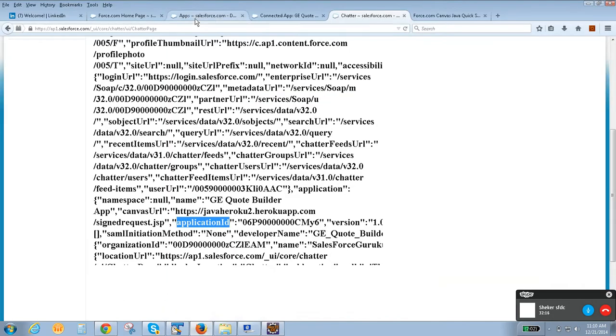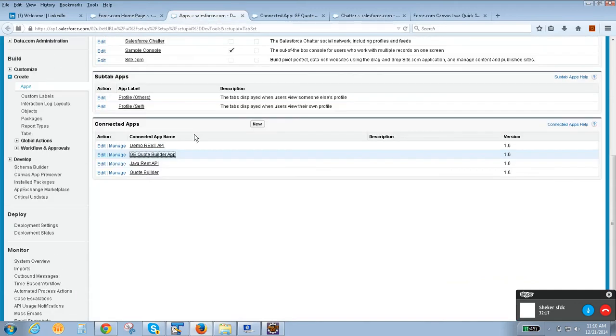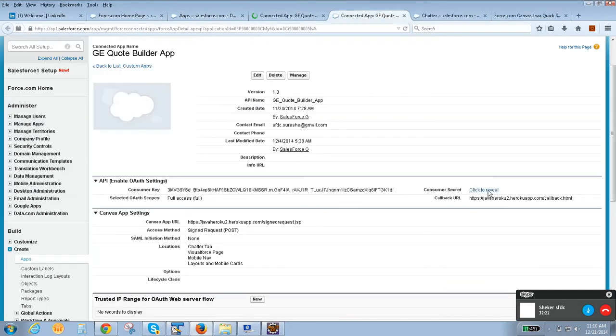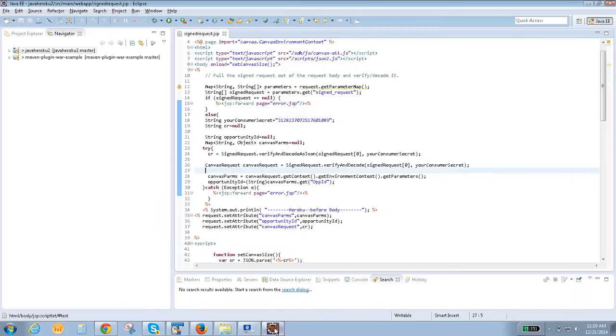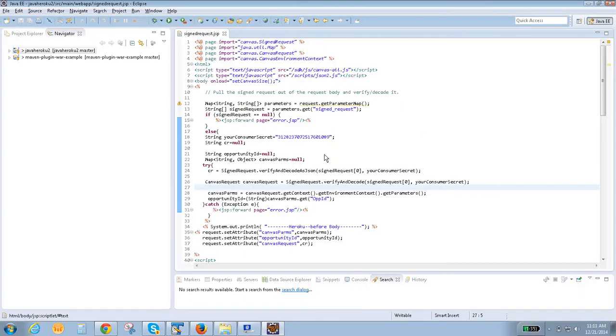As you said before, let's say this is the connected app. If you see here, this is our consumer key, 1089. If you come over here, it will be the same, 1089. So make sure we cross check this.